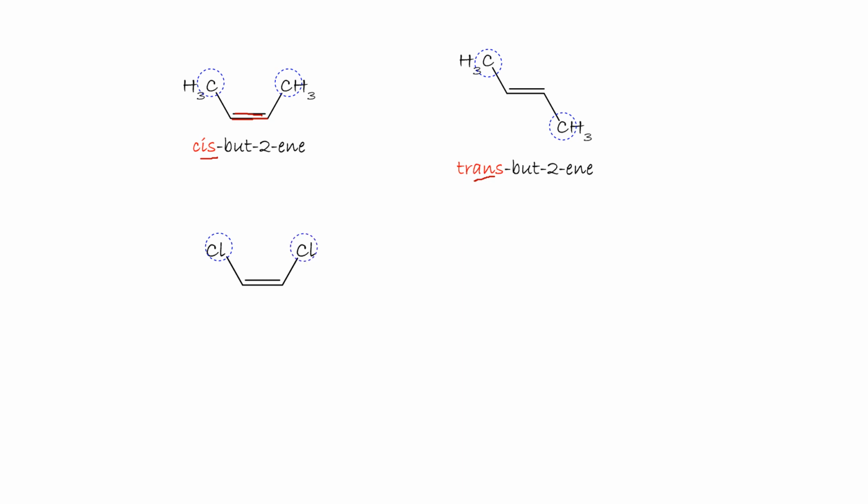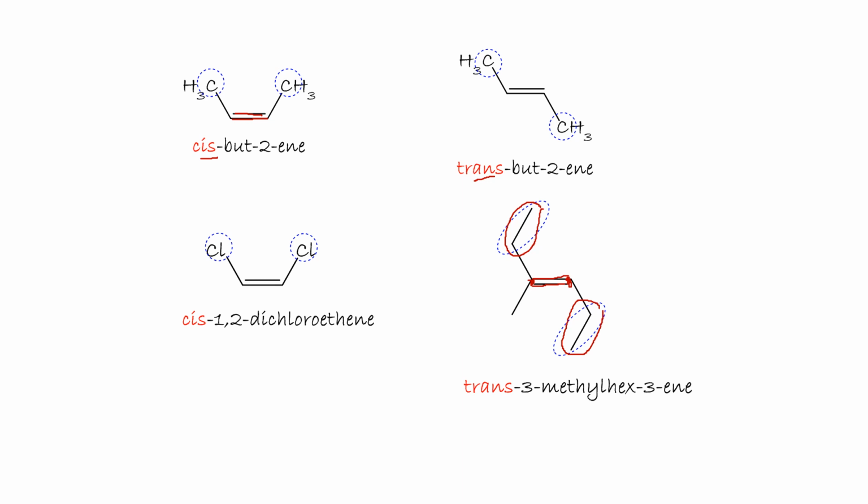Chlorine and chlorine on the same side, so it's cis. Here, we have the double bond in here. We have two identical groups on these two carbons. So, these two are trans to each other. So, this compound will name 1, 2, 3, 4, 5,